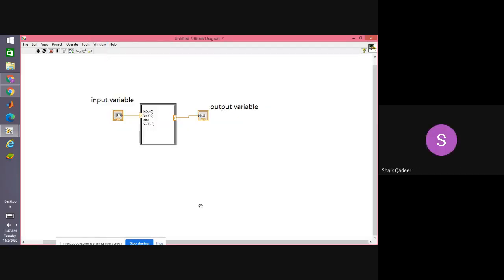You can take down this front panel and write down the block diagram, because this may sometimes come for 5 marks. Sir, inside the input variable, do we have to write 1, 2, 3? No, not necessary.